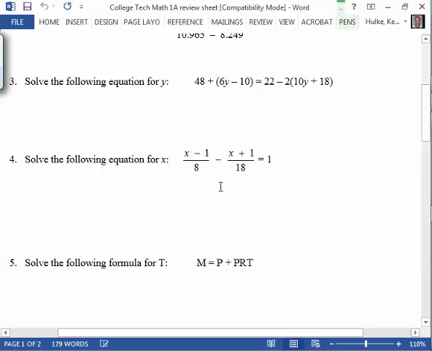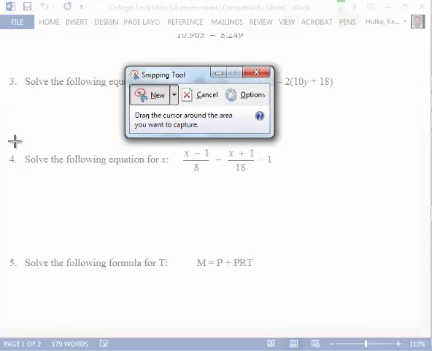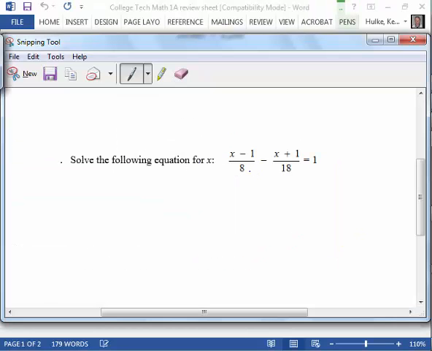Solve the following equation for x. Let's look at that one. To do this, we're going to multiply by the least common denominator, which will be 72. So times 72, that means the first part we're going to multiply by 9. The second part we're going to multiply by 4. And the third part we're going to multiply by 72. That'll take care of these denominators, and so we get